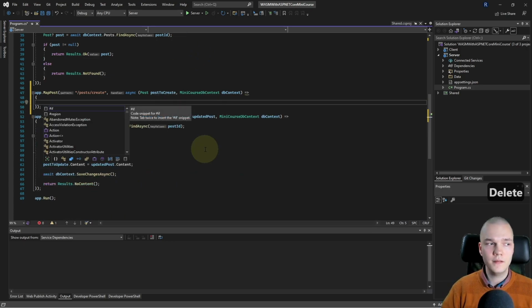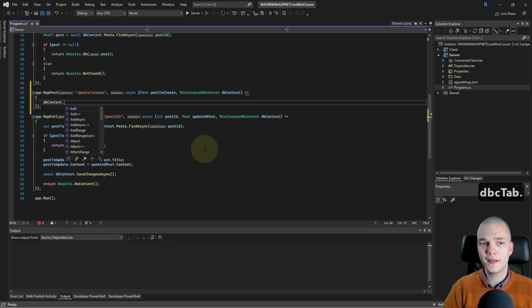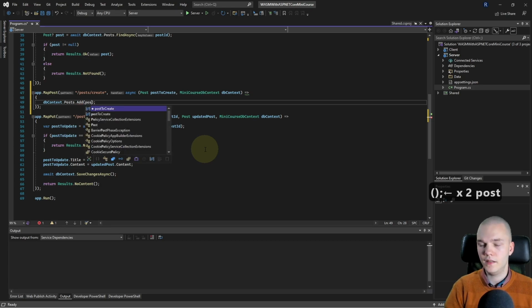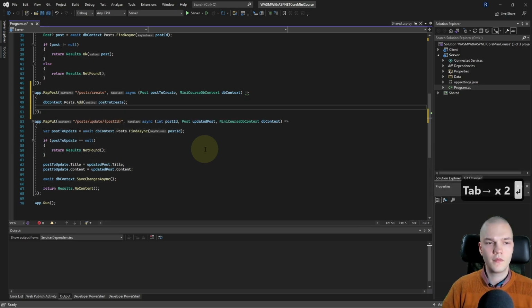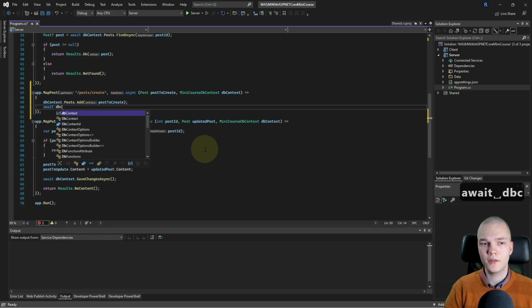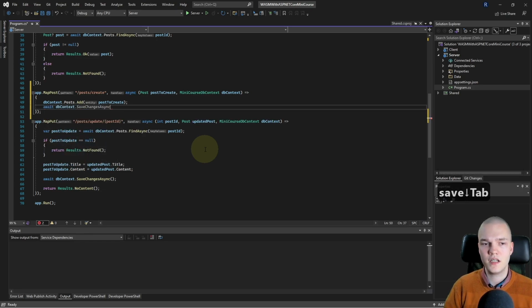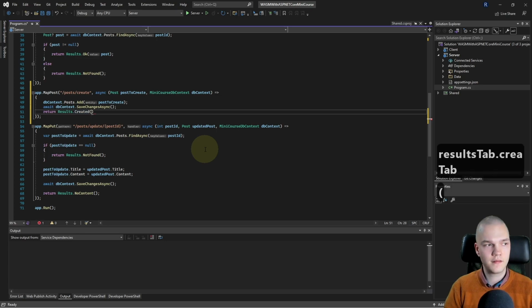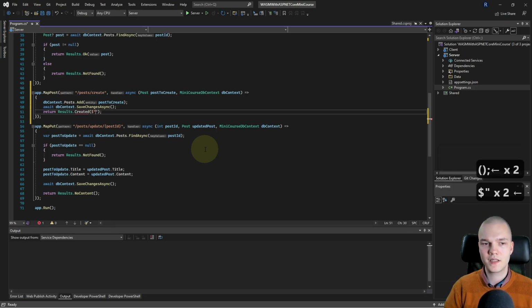So for the body here, I want to do db context.posts.add, and I'm gonna add the post to create, and then I'm gonna await db context.save changes async, so it's persisted to the database, and then I want to return results.created, and in there I'm gonna pass an interpolated string, and this is the route where clients can now find this post.